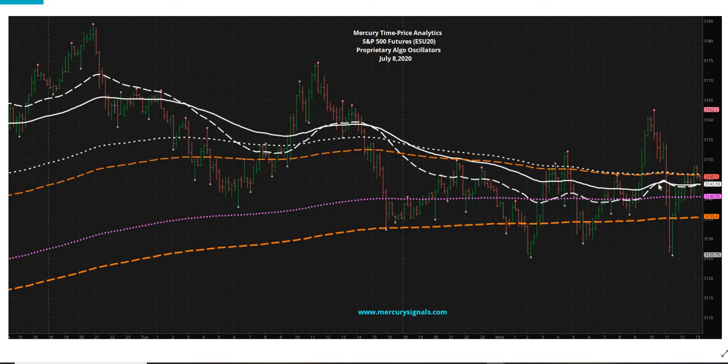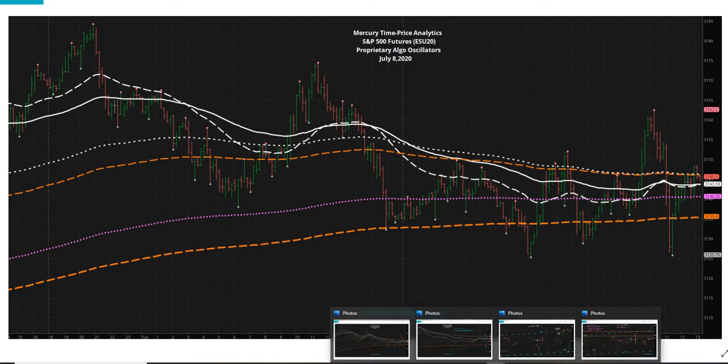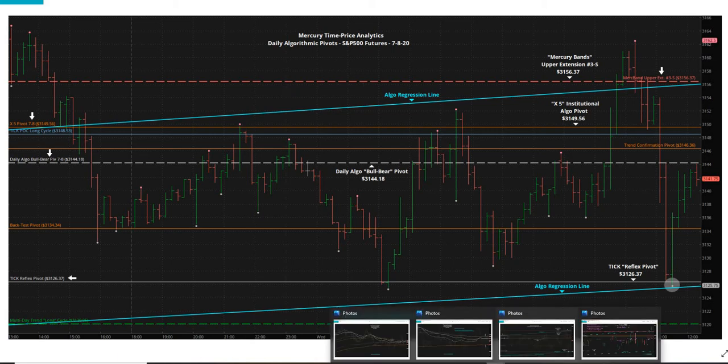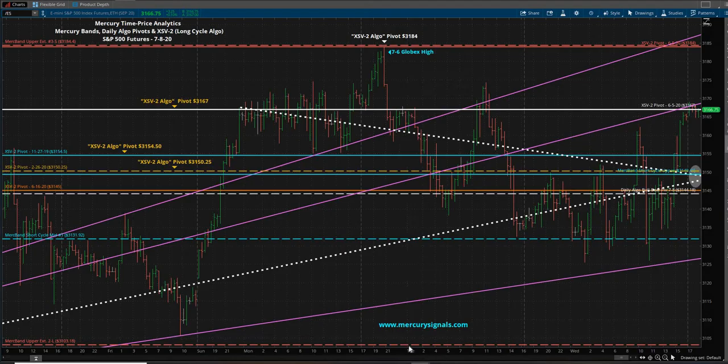Some key points to keep in mind over the next couple of days. Let's go to the next chart. Now, this shows you the regression lines zoomed in a little bit. But I also want to point out a very important fixed algorithm, which is called the XSV2 algorithm. You've got, let me go back here to the live chart, you've got an XSV2 algo here